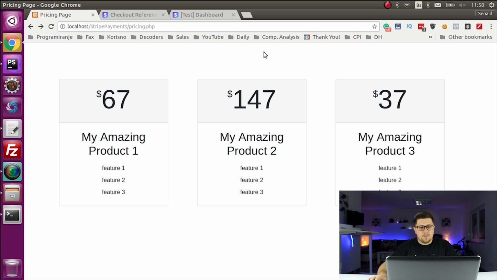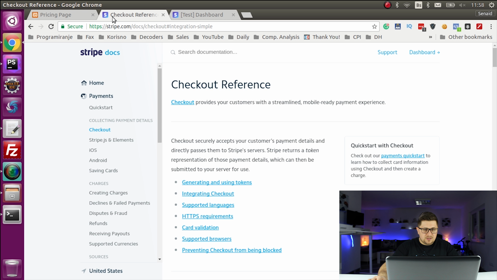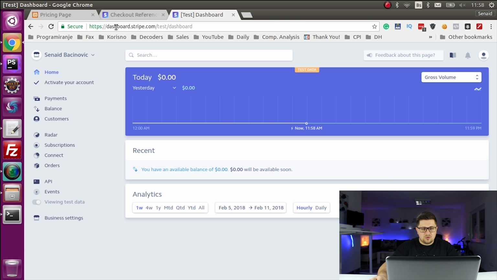And for that reason, I've decided that this time we will go together through the documentation, and I'm going to show you how you can learn and do something if anything changes in the future with this tutorial. Okay, so the first thing I want you to do is go to the docs checkout, or maybe before that, just make sure that you log into